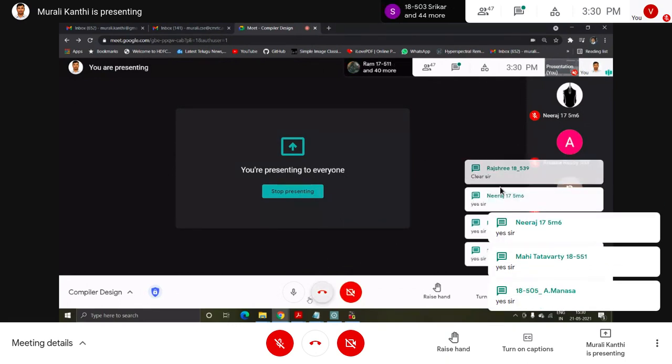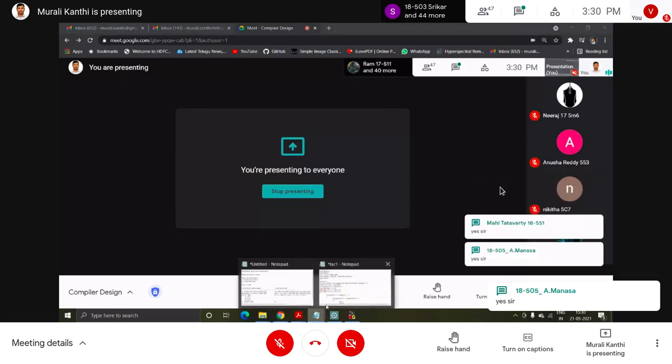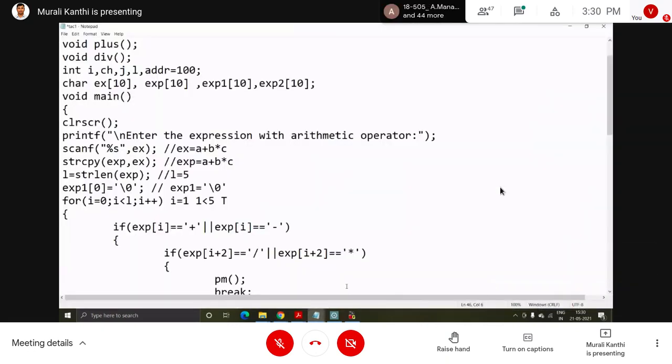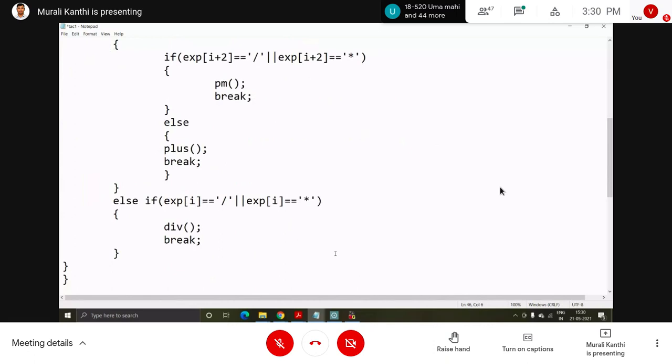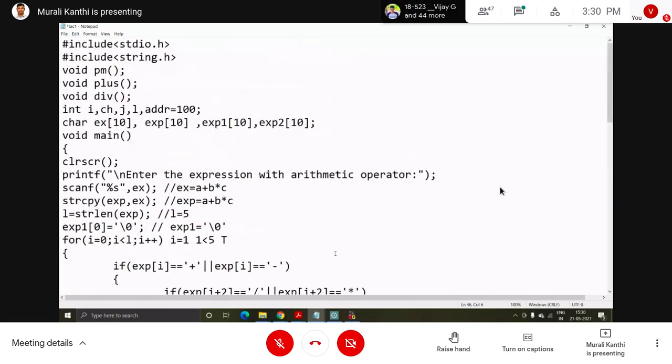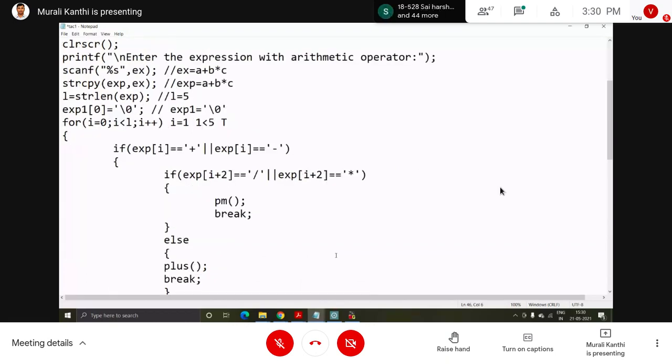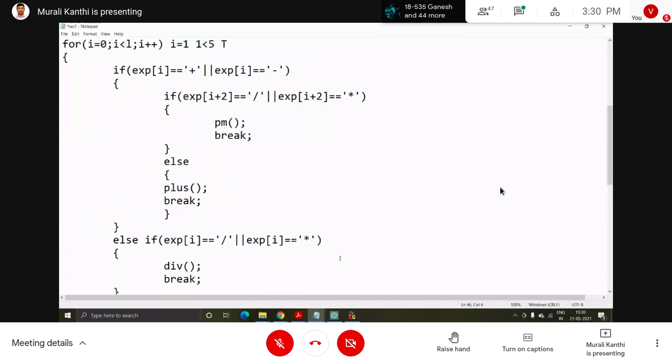Okay, so this is a simple program, but it is not correct, not a complete program. It will work with a few types of arithmetic expressions, but on complex arithmetic expressions it will not work. That's why I have taken a simple one, only this kind of a plus b into c or a by b plus c, simple types of expressions. With this program we'll get the output.